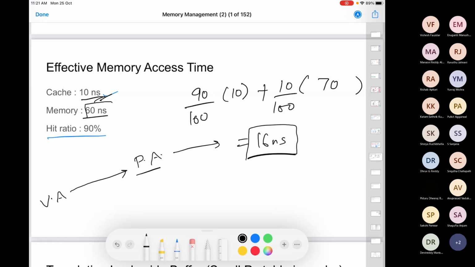So I take an additional 60 nanoseconds here. I go to the memory, figure out what is the frame number, and then I look for the required data first in the cache and then in the memory, which takes 16 nanoseconds on average. So it's directly an overhead of 60 nanoseconds. It becomes 76 nanoseconds, which is a huge overhead.